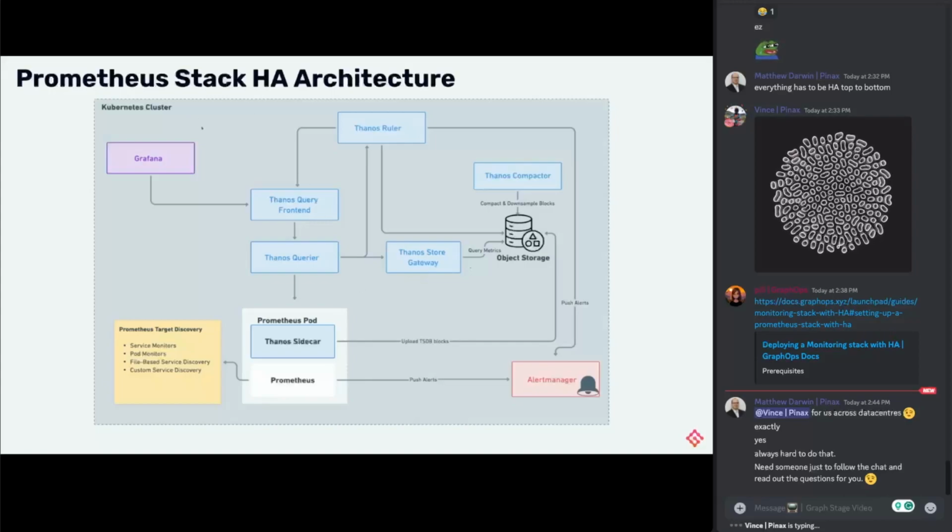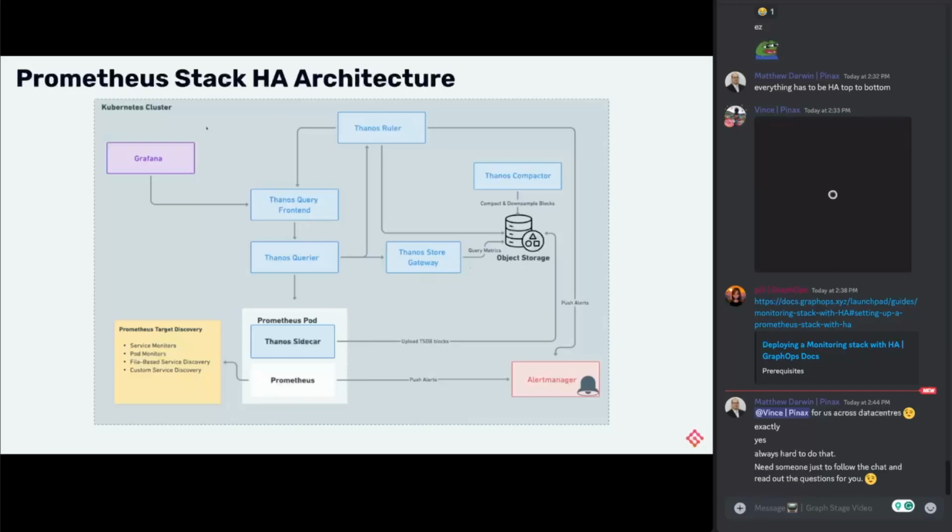So we have the read path here. Grafana is tied into Thanos query frontend, which does the caching and the query splitting across multiple queries. And the query frontend then ships those queries to